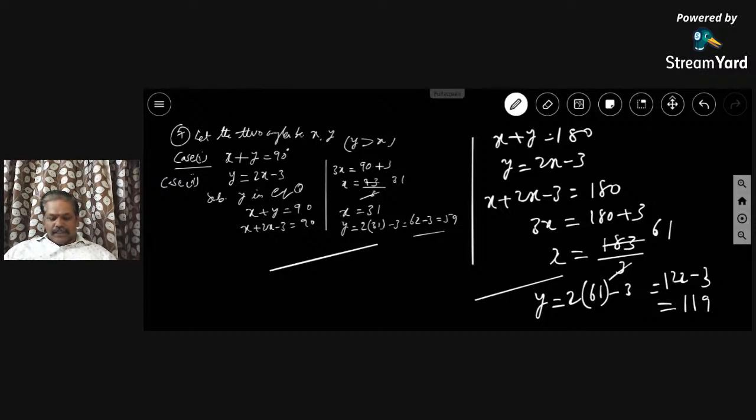And a dictionary has a total of 1382 pages. It is broken into two parts. The second part of the book has 64 pages more than the first part, as we are seeing here. x plus y is equal to 90 earlier; here we'll write x plus y is equal to 1382. And y will become 64 pages more than the first, x plus 64. Substitute, you will get